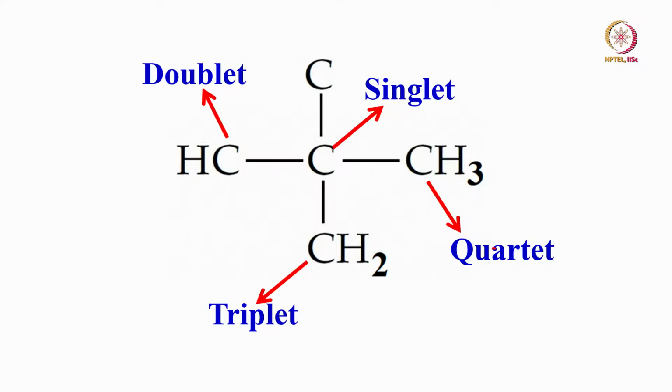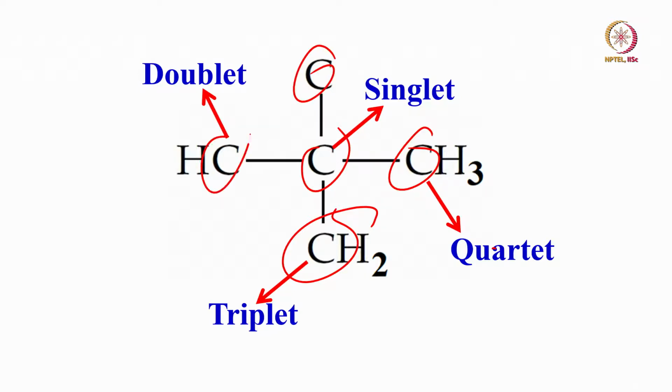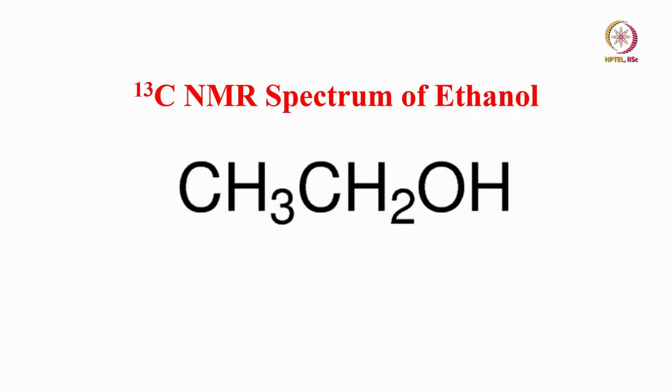Now my question is, how did we get all the carbon peaks in a straightforward way, in spite of the fact that the probability of seeing all the carbons in the carbon 13 state is so low, with abundance of 1 in 100? If that is the situation, how do we see the carbon 13 spectrum? We will understand by taking a simple molecule.